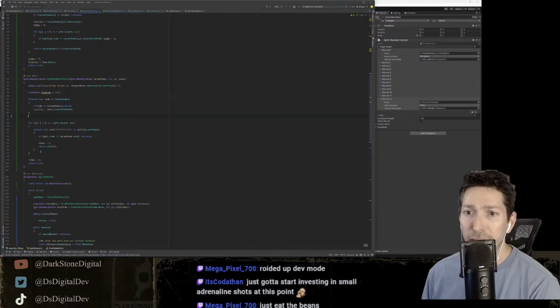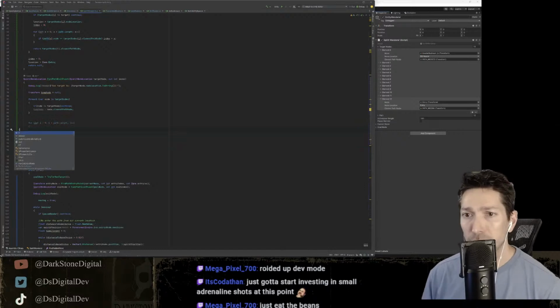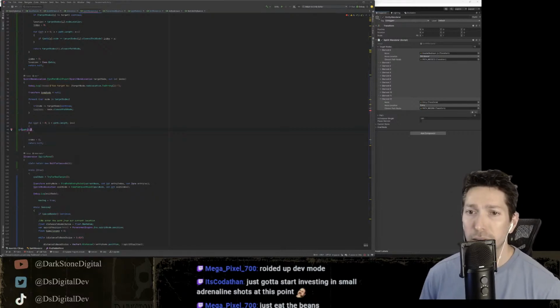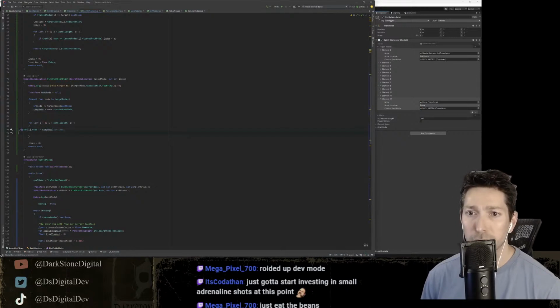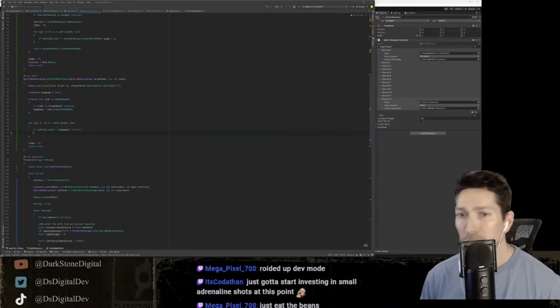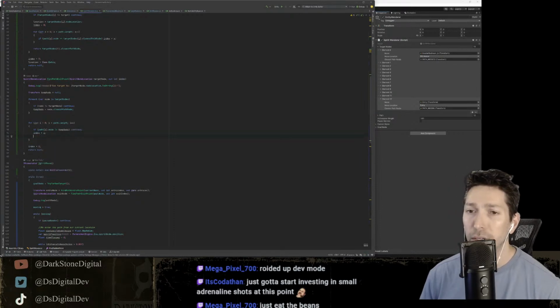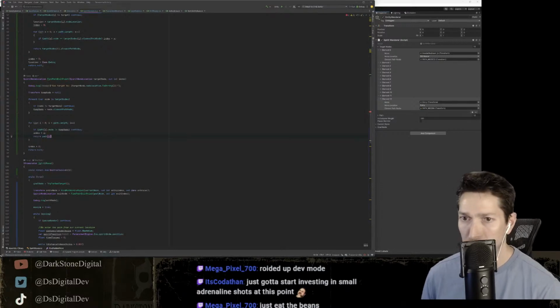So now we know what that node is. So now we will step through all the paths, and we're going to say if path I dot node is not equal to temp node, continue. It's probably a little wonky, but if it works, I don't care right now. So we will just ignore it again. And otherwise, index is going to be equal to I. And so we'll spit that out. And then we will return path I. There.